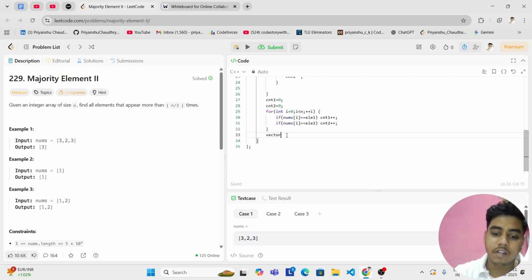I can use a vector of integer answer, and we will push back only that element which is occurring more than floor of n by 3 times. So I will check that if count of element 1 is greater than floor of n by 3 times, then I will push back the element 1. Similarly, if count of 2 is greater than n by 3 times, I will push back